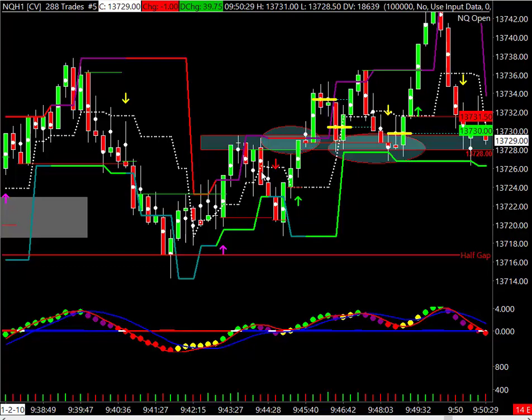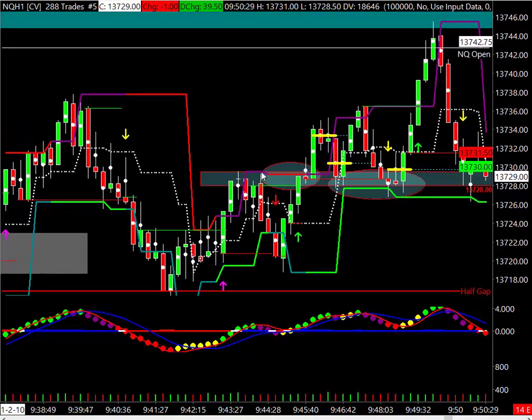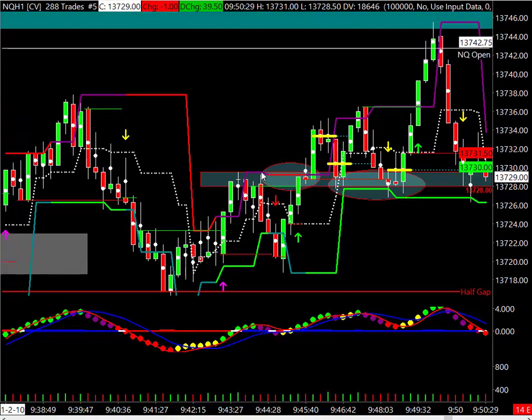we could not get back through this price level. So the upside would be at 13,728 through 13,730 to push right back up to the upside. And if we also just look, we can actually see by drawing a line up, a line down at that point,